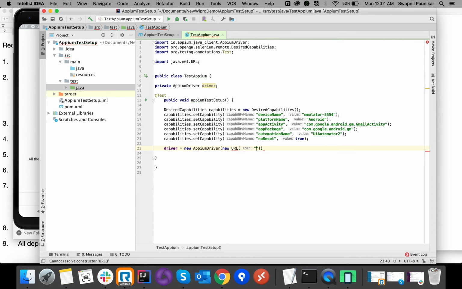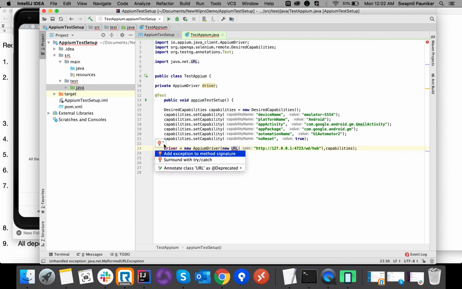Under that we provide http://, the localhost address, that is 127.0.0.1, and on 4723, that is the port on which we are going to start our APM. Then the capabilities we are providing here. We just need to handle the exception here, since this would throw the MalformedURLException.